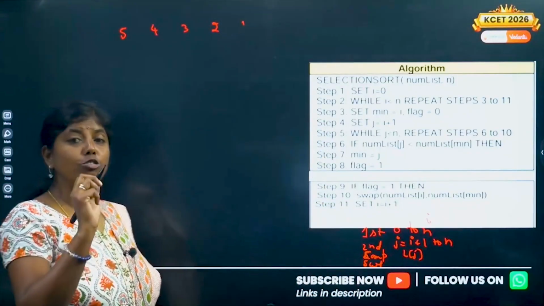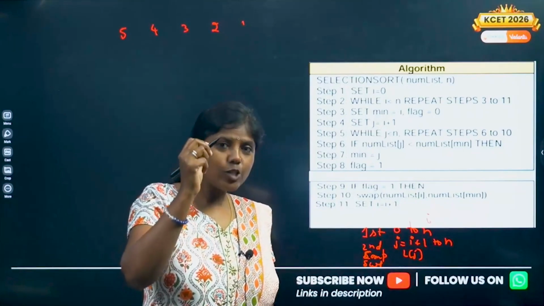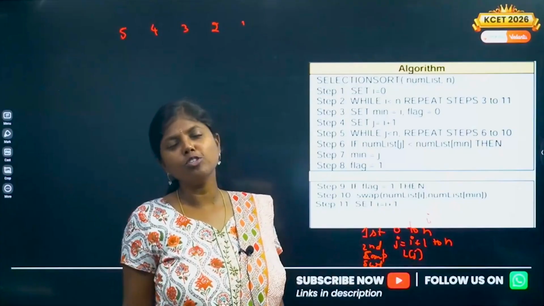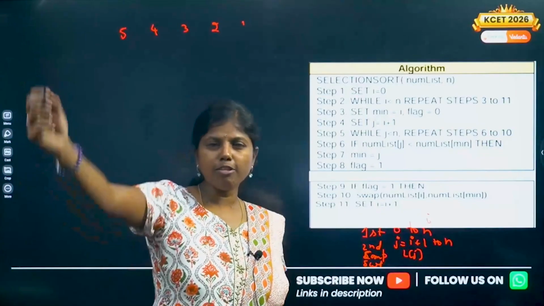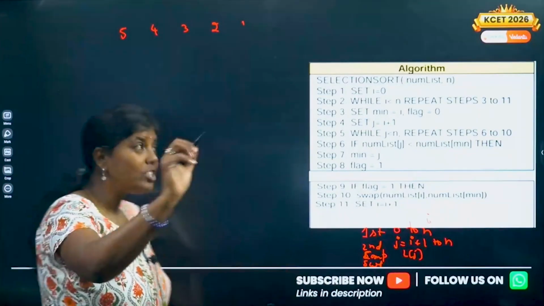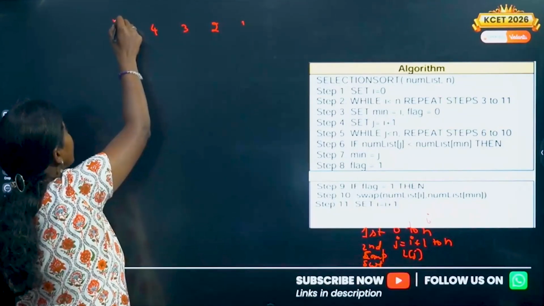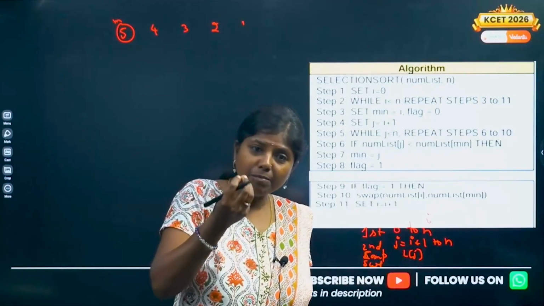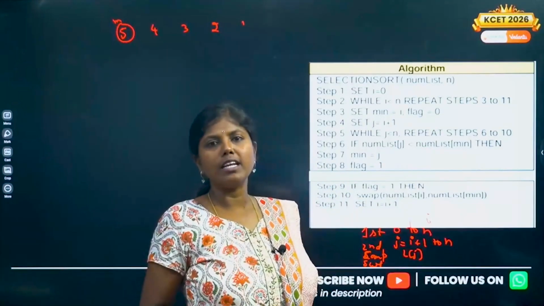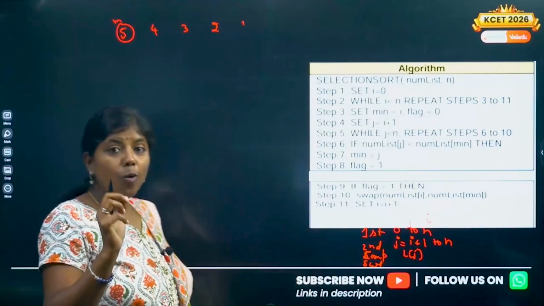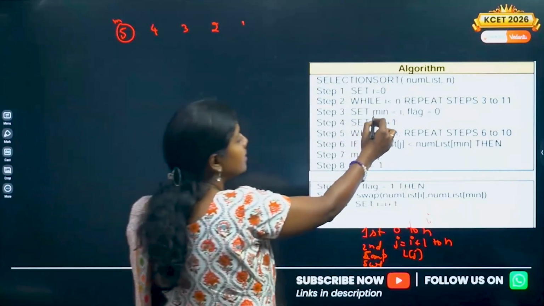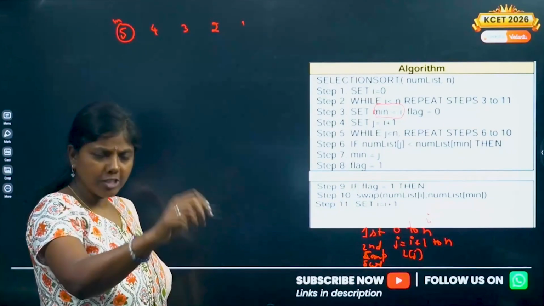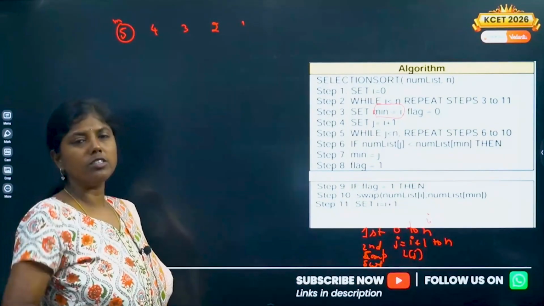Basically, here we're going to identify and select the smallest element. I want to select the smallest element, but I don't know which is the smallest until I compare all the elements. Let's assume this element is the smallest. I'm not going to store the smallest element itself; I consider this first element place as containing the smallest element. That means m is the index. The first index is containing the smallest element. That is what we are thinking.